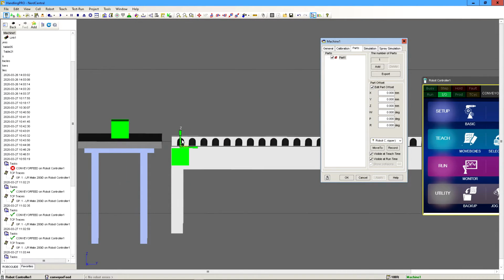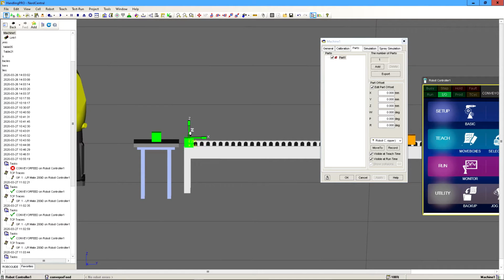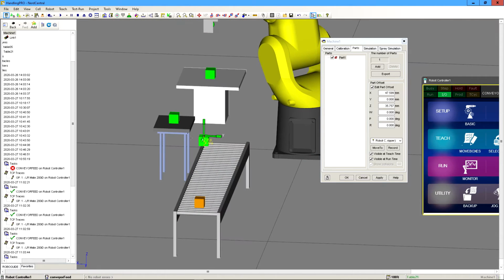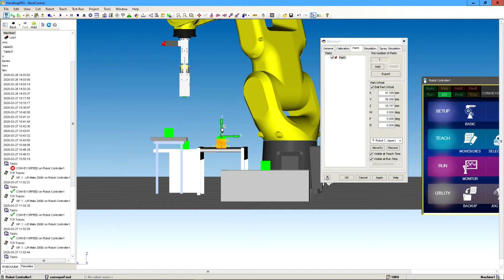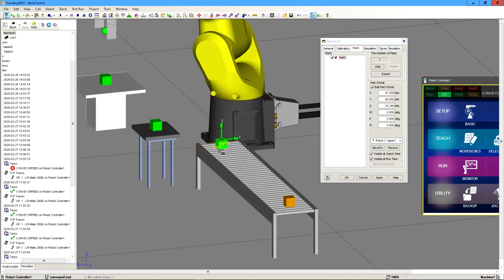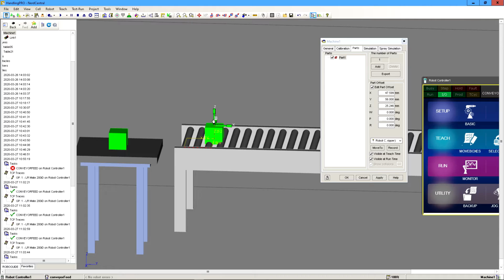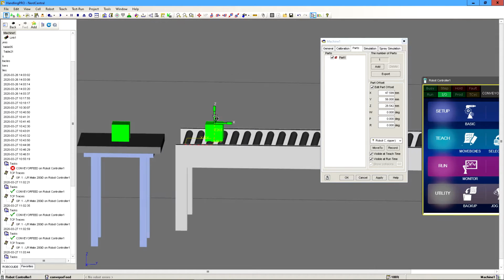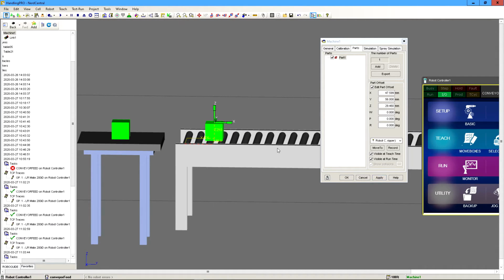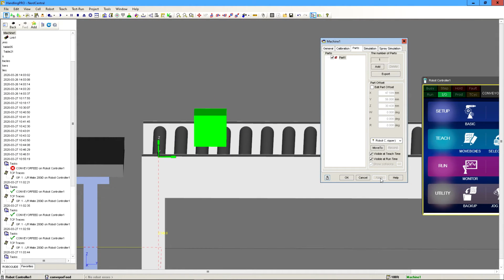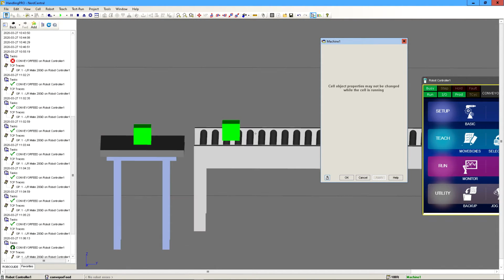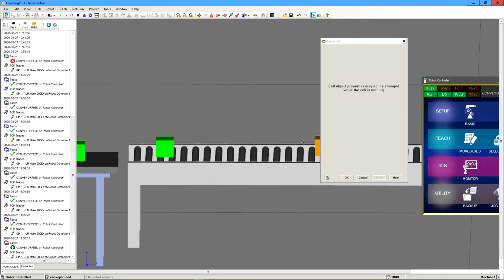edit the part offset. And we're just going to move it. I think it was right here. I don't remember. Okay, let's just line this up. Doesn't have to be perfect. No one's gonna care. Okay, that's fine. Okay, hit apply. Okay, let's test it. So if we hit play here, just hope that this blocks